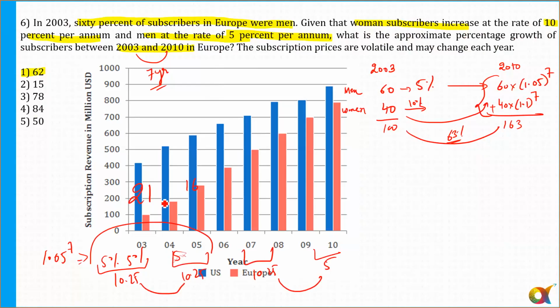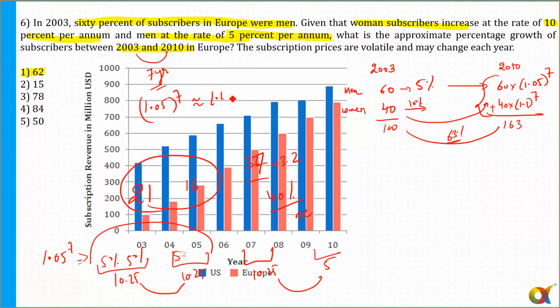And then you can say, now take the two successive changes of 21 and 16. So 21 plus 16, that is what I need to calculate. 21 plus 10 is 31, 31 plus 6 is 37. And 21 into 16, so 20 into 16 is approximately 320 by 100, that is 3.2. So 37 plus 3.2 is approximately 40%. So 1.05 raised to power 7 overall is 40%. So this value should be approximately equal to 1.41. So this is how you can do the calculations here by using the funda of successive change.